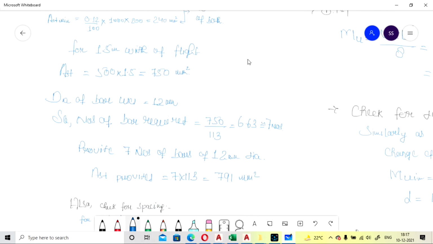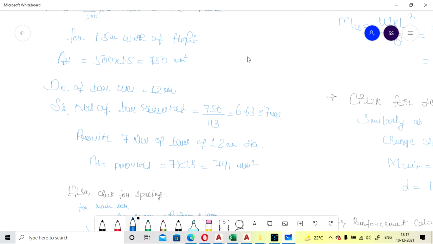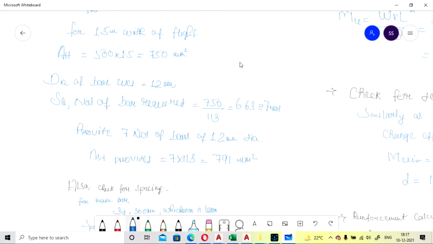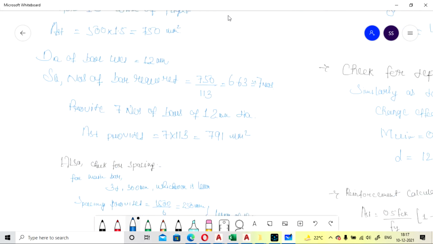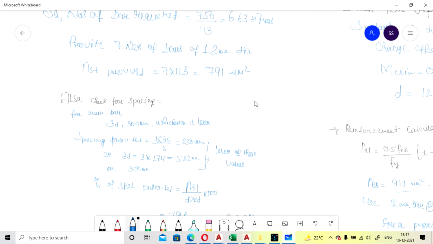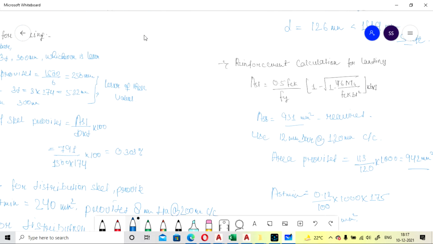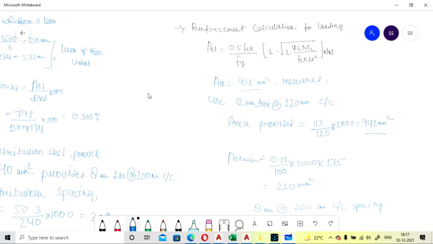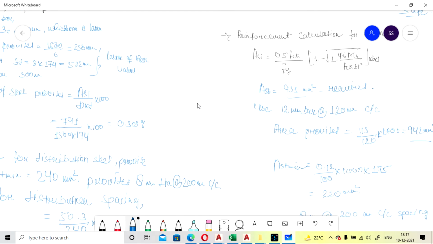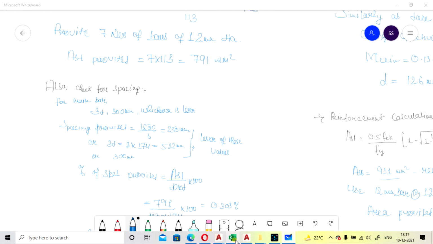So here we have provided 12 mm dia of bar, okay, as a main reinforcement. Similarly for the landing we have provided 12 mm dia bar at 120 mm center to center.